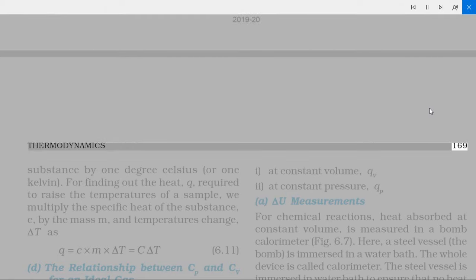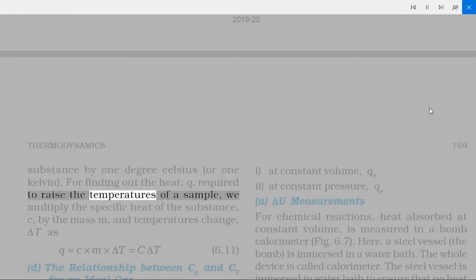of 1 unit mass of a substance by 1 degree Celsius, or 1 Kelvin. For finding out the heat, q, required to raise the temperature of a sample, we multiply the specific heat of the substance, c, by the mass m, and temperature change, ΔT, as q = c × m × ΔT. (6.11)